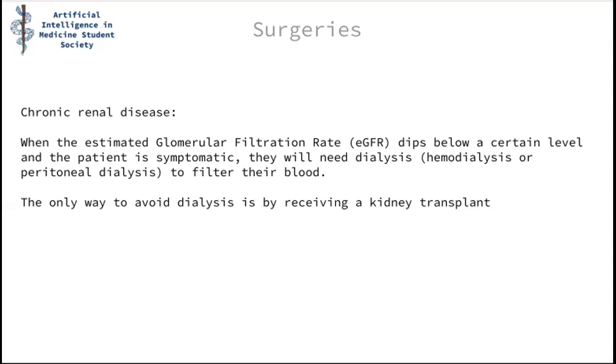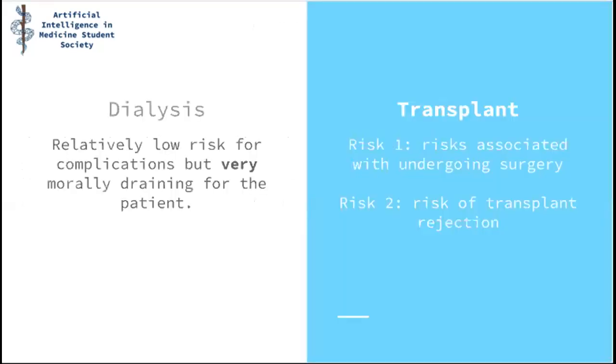The only way to cure chronic renal disease, you can't really cure their kidneys, but you can give them a transplant. And for the most part, the transplant isn't replacing a kidney. It's almost like you give them an extra kidney, so they have 3 kidneys. So dialysis, in medicine talk, has very low risk of complications, but it's very morally draining for the